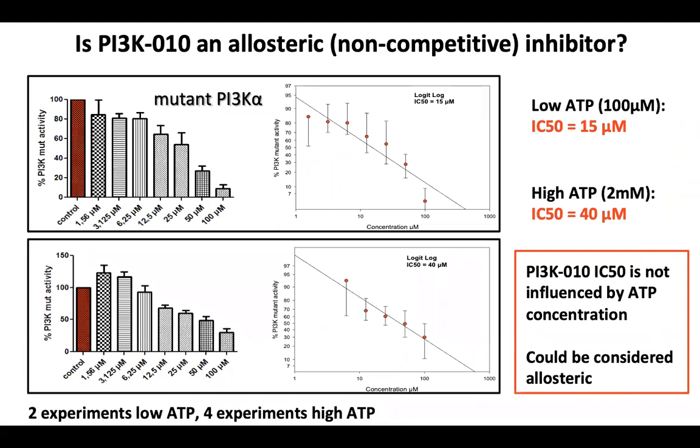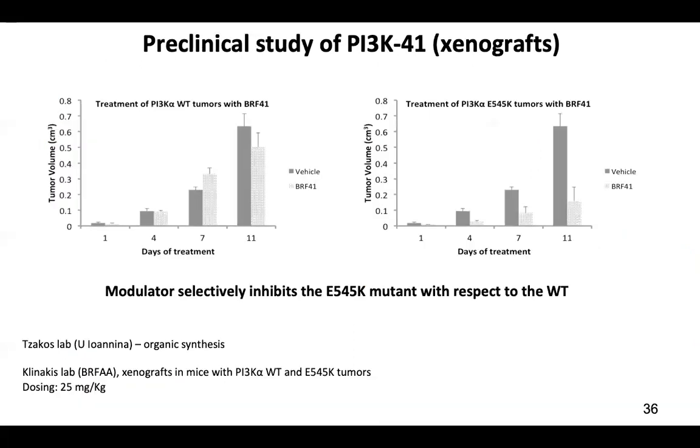So through in vitro experiments, we tested different concentrations of ATP to validate the activity of kinases, and we found that our modulators, the molecules that we designed through the virtual screening that I described, actually did not change their activity when we are changing or even flooding the system with ATP. So essentially, they remain inhibitors, contrary to competitive inhibitors of active sites. So these molecules could be considered allosteric.